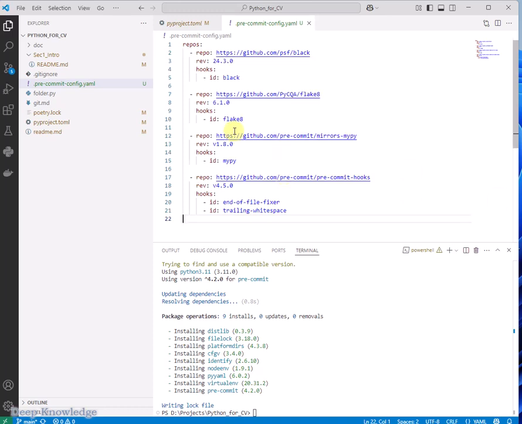And what are these here, indeed? This is the repo that will be checked before each commit. Now this is the repo, and you can see a ref, and the id is black. Black automatically formats your Python code to follow a consistent style. Why is it useful? It ensures clean, readable code, and also eliminates